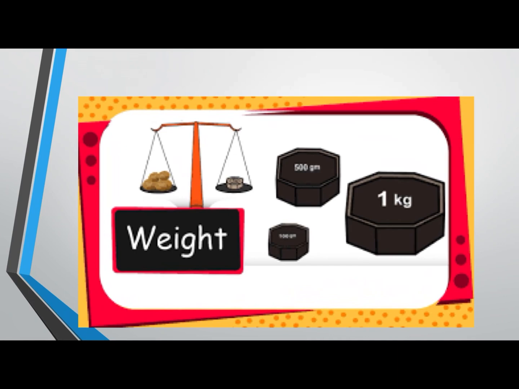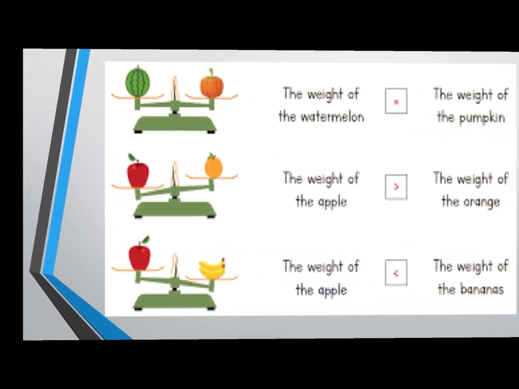By putting the weights on one side, and the objects which are to be weighed on the other side, you can immediately measure the weight of that particular object. So this is the use of balance. And you have to prepare a model of balance and measure some of the objects that I will give.